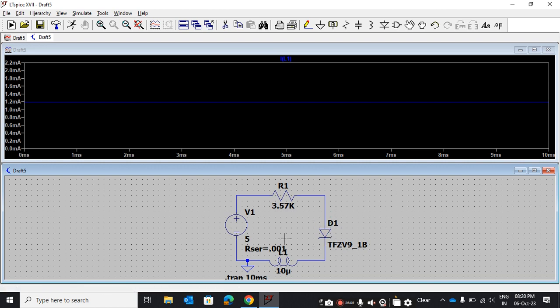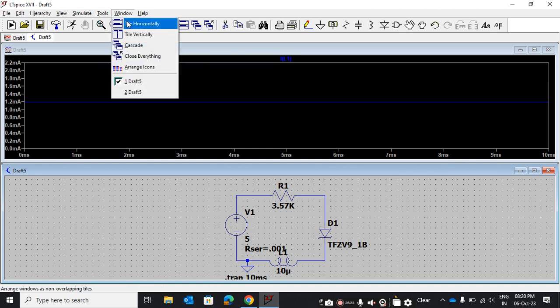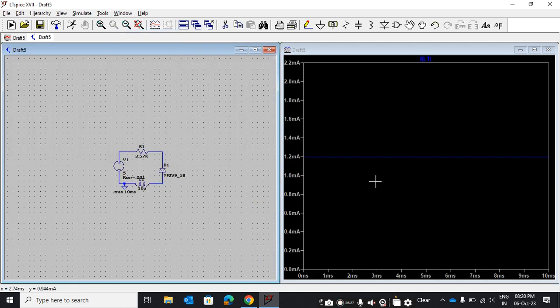Now the other things we can do. If you want to arrange this, which is in horizontal form, in vertical form, then you can go to window and click on tile vertically, so it will arrange like this.